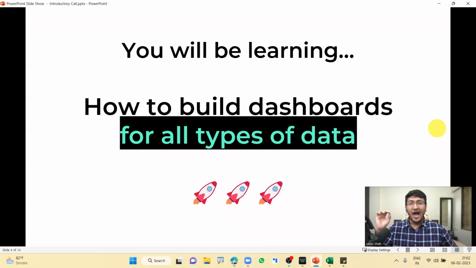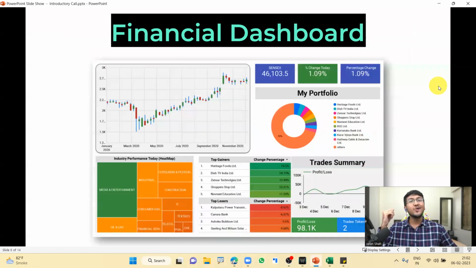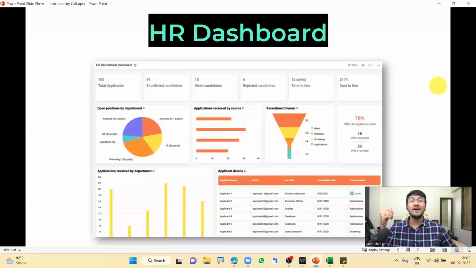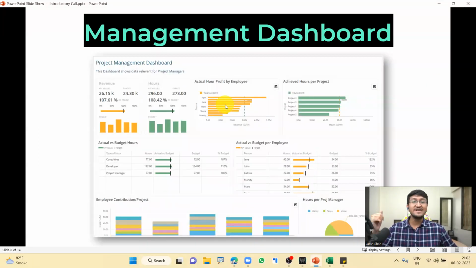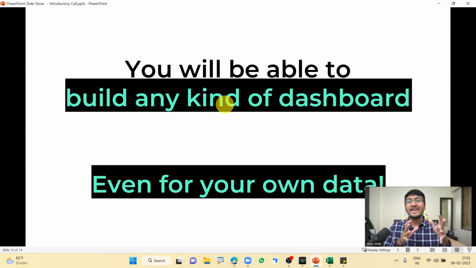You will be learning how to build a dashboard for any kind of data, which means whether you want to build a business and sales dashboard, just like the one that you see on the screen, or you want to build a financial dashboard just like this, or you want to build an HR or recruitment dashboard just like this, or a management dashboard just like this, or even an operations dashboard just like this, you will be able to build any kind of dashboard and even for your own data.